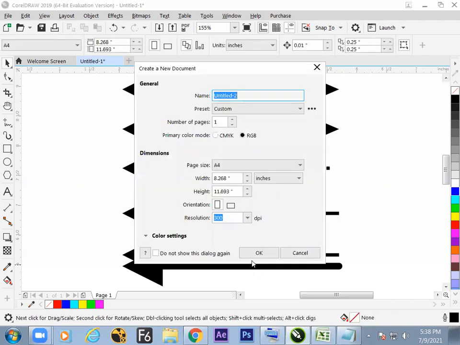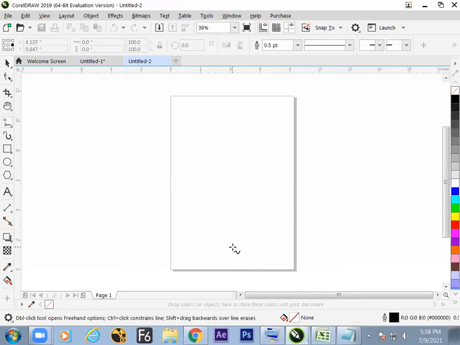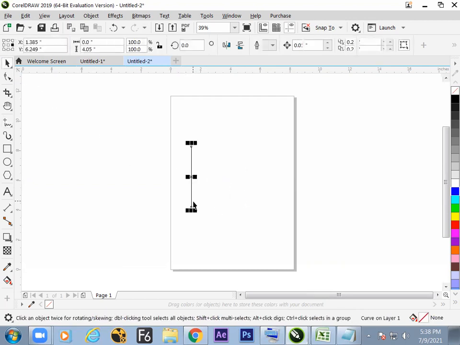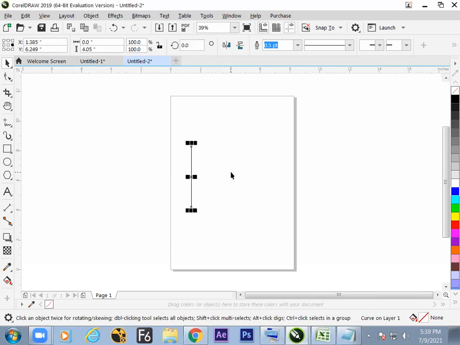Only the line you need to use and make the output. How to form a line? What is the tool? F5. Make a straight line by holding the shift and click. Now, get the line thickness changed. How to change the thickness of your line? What is the hotkey? F12. Increase the line by feeding that number.